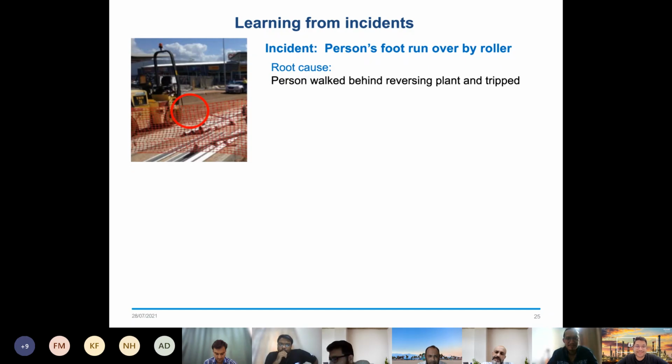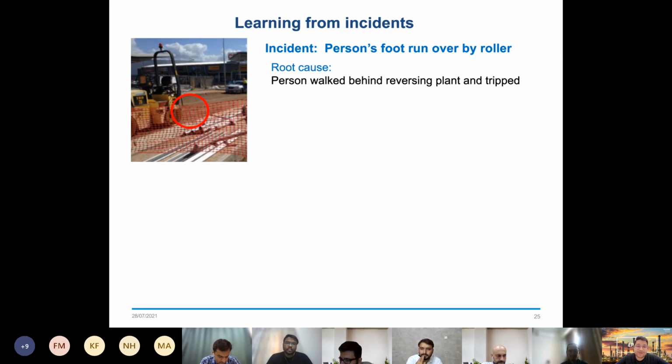How about housekeeping? Is this satisfactory? Is this how we store materials on our project sites? First of all, there should be proper housekeeping on site, and if a roller is moving on site, there should be a traffic watch person for the roller who instructs. So remember clearly, when you talk about housekeeping, you're talking about arrangement of material. When you know you're going to have moving equipment and people walking around the area, you need to make sure that